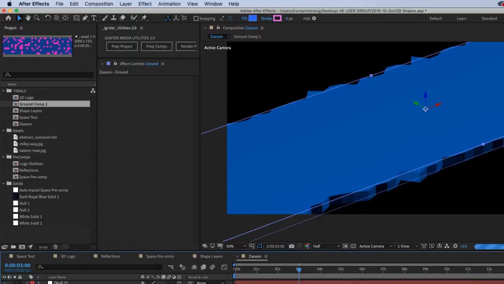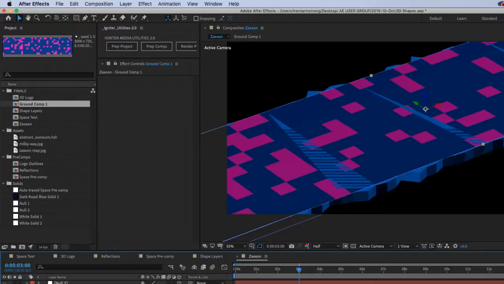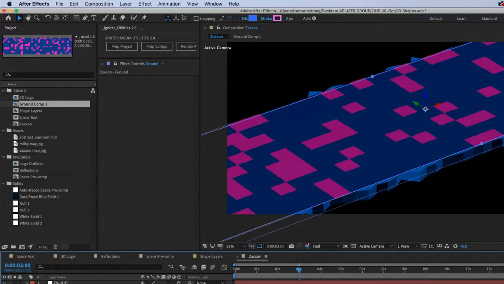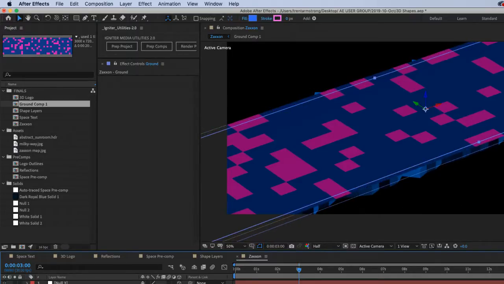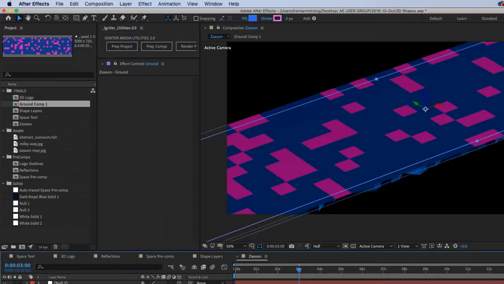Okay, so what does it do with the ground? Okay, so the ground is in a weird spot. Now I'm going to take this guy, scale him down where he's inside basically the edges of the ground, and then I'm going to copy like that.